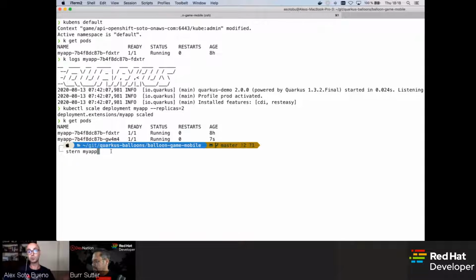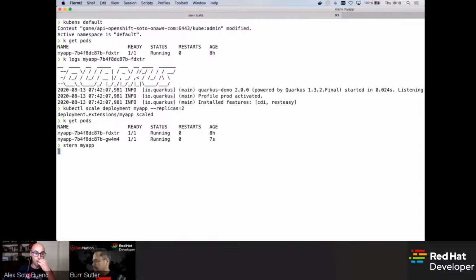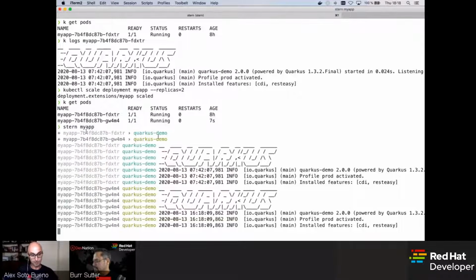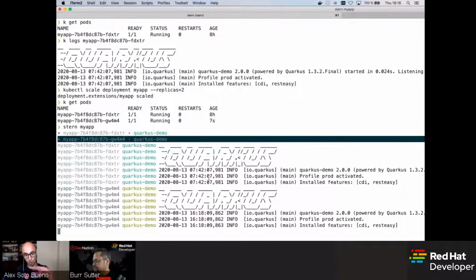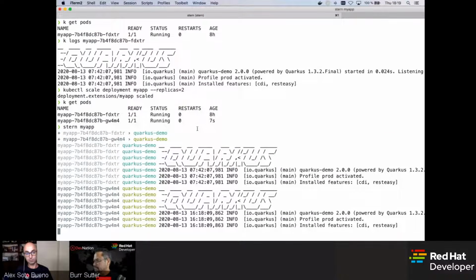I'm just saying I want to grab all the logs of all the pods that start with my app. And notice what's happening now is that since there are 2 pods, I can see here the logs, one in blue, another one in yellow, and then it shows me all the logs. Okay, of course this works also,